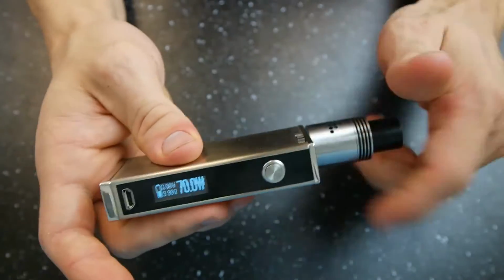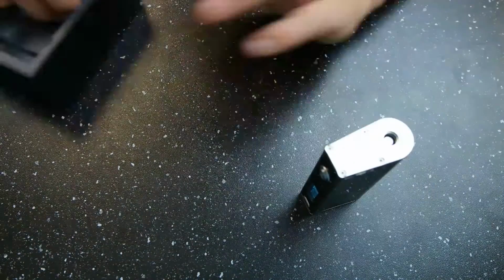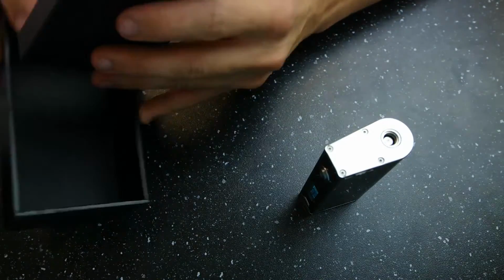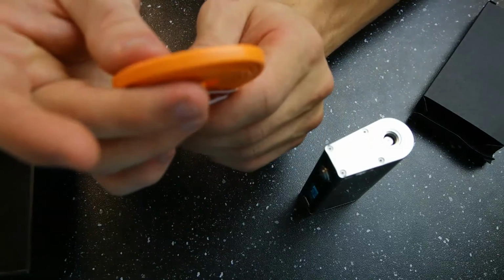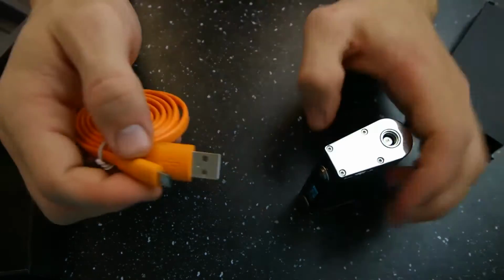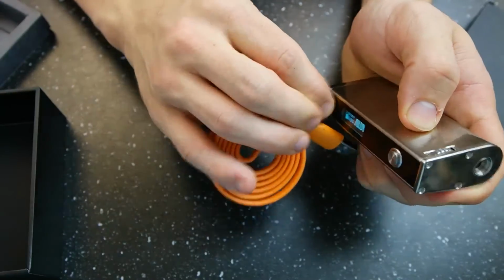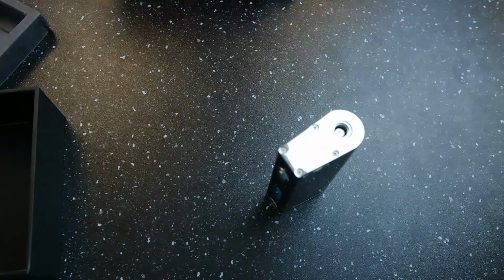Alright, so that is the device. It does come with a cool little flat charge cable. These are really hard to get tangled up and everything, so you can see that it's thin on one side, nice and fat on the other. Micro USB right there that just plugs right there for you, and you can charge it that way,